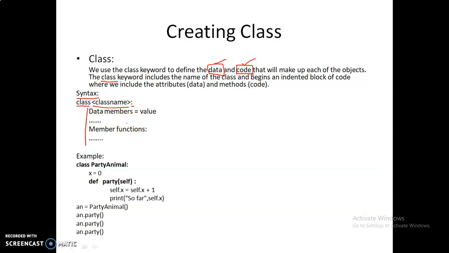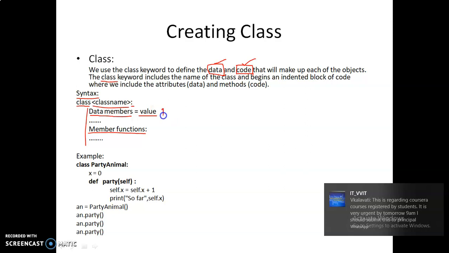Say for example, if you want to initialize a data member within the class, that does not belong to any particular method, then you can mention the data member and the value. And then these are the member functions. Here you can specify all the data members and their values.